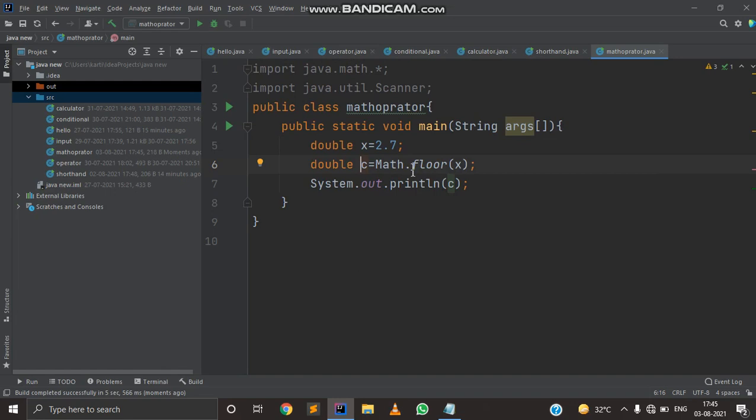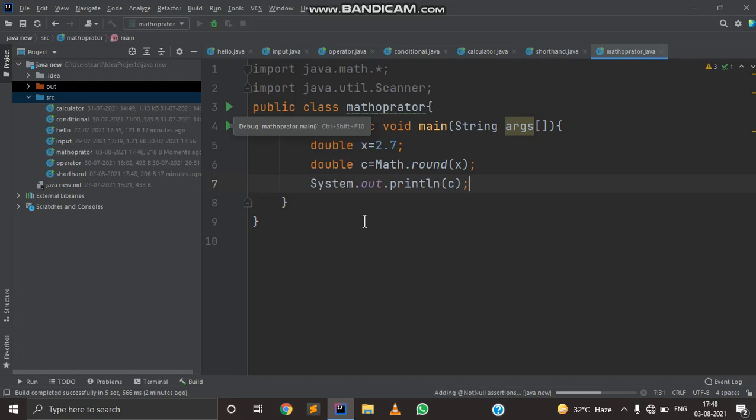Now I'm going to tell you about Math.round. Math.round returns the closest integer or long as per the argument. If the argument type is double, the return type is long, and if the argument type is float, the return type is integer. So Math.round returns the closest value to the argument which is given. Now I am going to run this program and see what the output is.